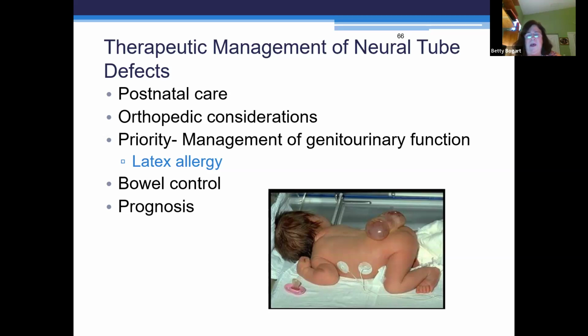Remember, we have to worry about bowel control and we have to be really considerate about urinary function. Are they urinating? Because they're going to have decreased feeling in their lower extremities. And with that decreased feeling, they don't know when their bladder gets full. So we have to be careful. Also, orthopedic, because they don't have that movement in the legs like they should. They're going to need physical therapy to keep it moving. Now,